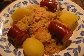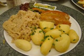Eating sauerkraut raw is the best way to get all of the different health benefits that come from eating lacto-fermented foods. That said, it would be a shame not to try out some of the other delicious preparations for sauerkraut,